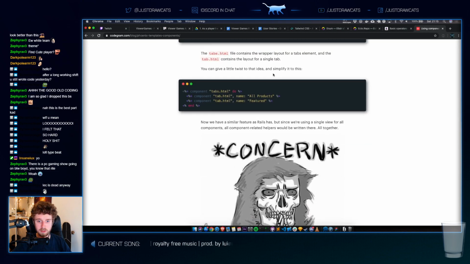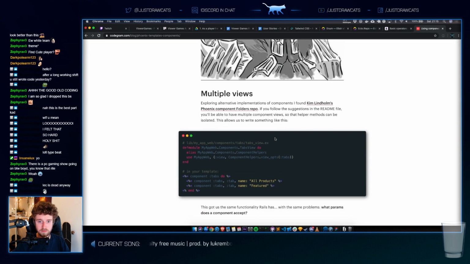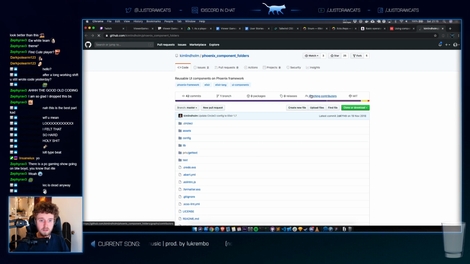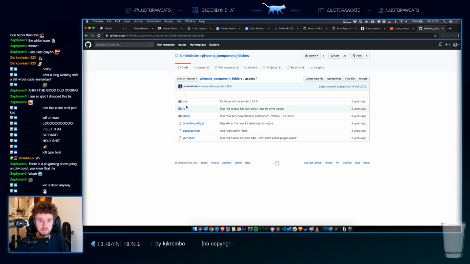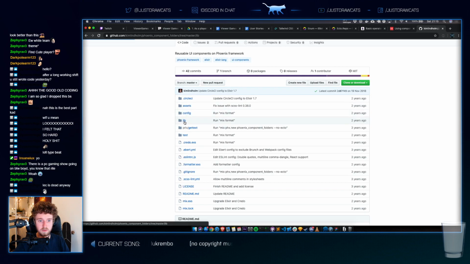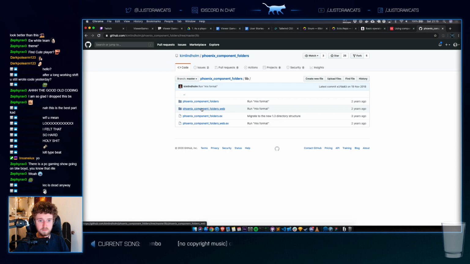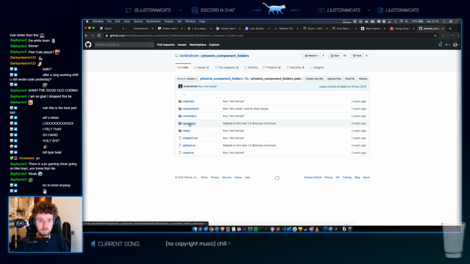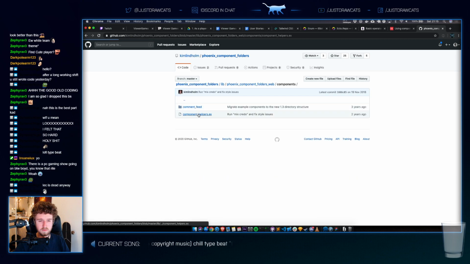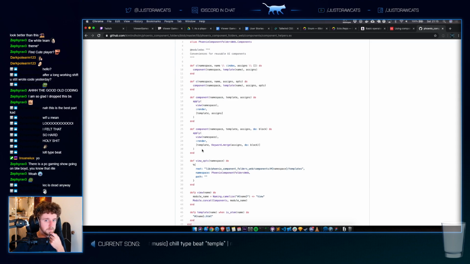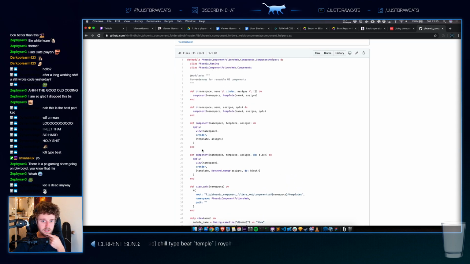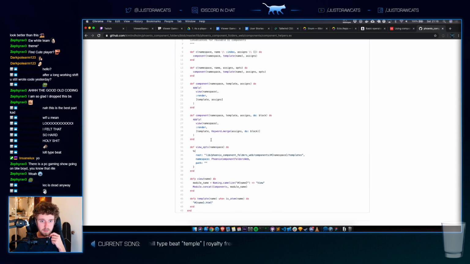Yeah, this is kind of what we want in the end. Component namespace, template name.